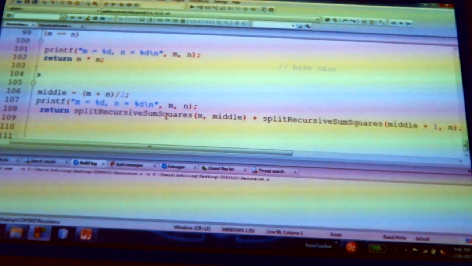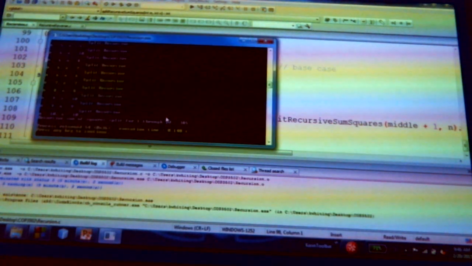So if we run this, okay, here's the split recursion. Look at how the ends are kind of moved. So the ends are going up, and the ends are